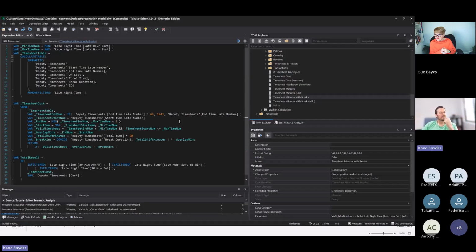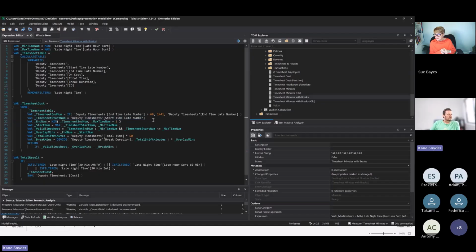1441 is 2 a.m. So what it's saying is, the day starts at 2 a.m., so 1441 is 1:59. We'll give them an hour: if it's in the first hour of the day, 2 a.m. to 3 a.m., just make it the end of the day, because we still want to count those shifts. What happened is we put all these calculations in place and there were some shifts missing, because people are still working after 2 a.m. cleaning up or whatever it is. So this just adjusts that.